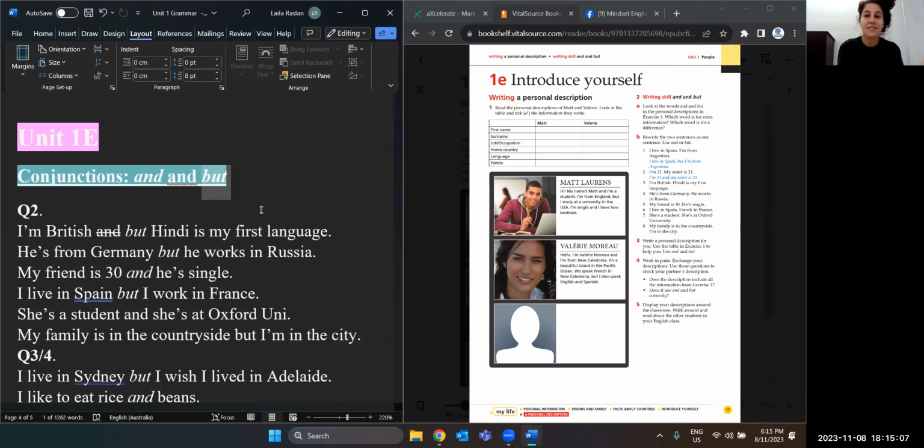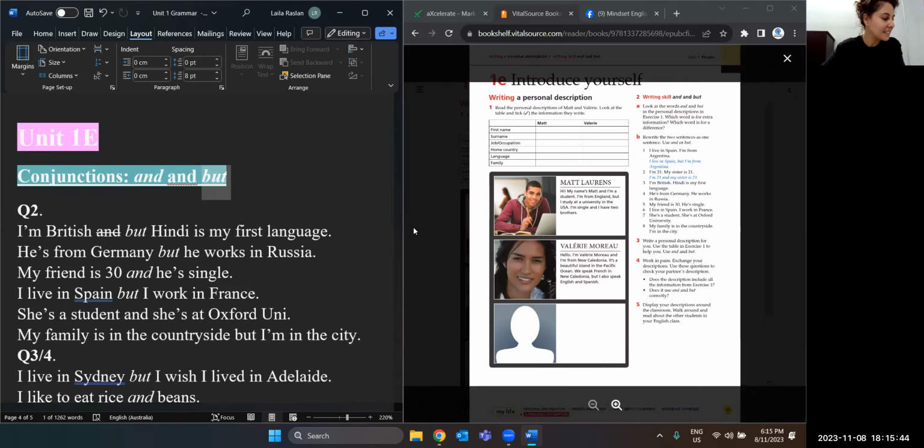So make sure what you're saying before the but and after the but are in the same category of things. If it's the weather, if it's drinks, I like dogs, but I don't like cats. So what comes before the but and after the but are the same type of nouns. Either they're animals, places, food, books, type of music. So I like bachata, but I don't really like salsa. So you see, that's how it's used.